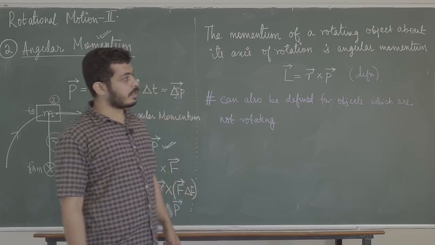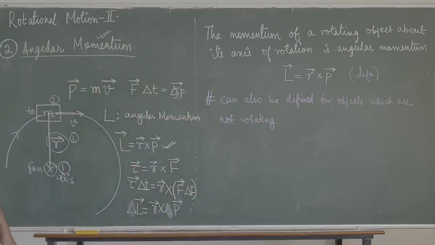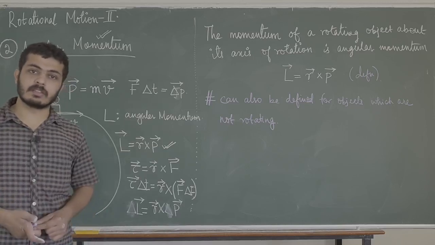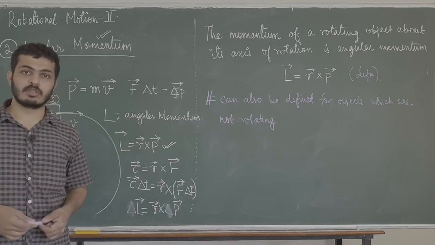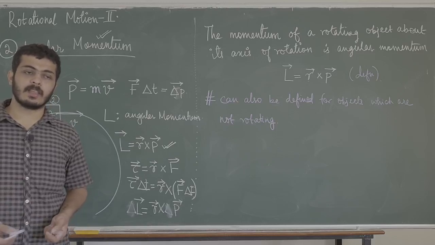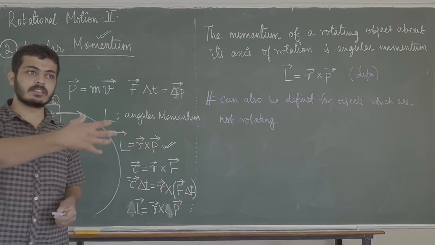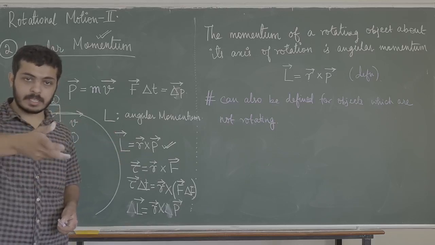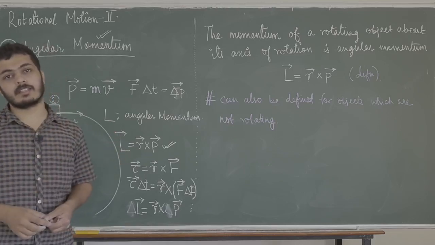Right now, when you're writing all of this, ask yourself if you understood whatever I explained to you. Did you understand what is kinetic energy? Whenever something is moving, the motion of that object gives it some amount of energy. You have studied this in school. The motion of an object gives it kinetic energy. So if a cricket ball is moving in a straight line, it has translational kinetic energy. If the ball is also spinning, then it has rotational kinetic energy.